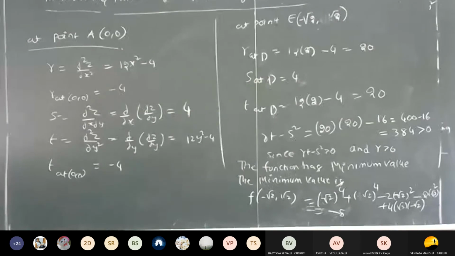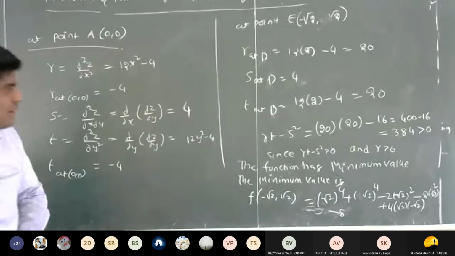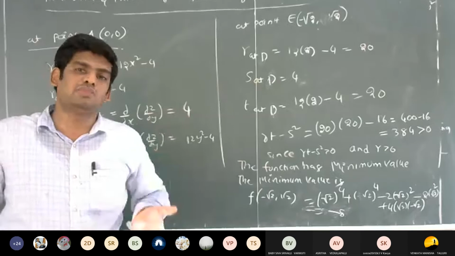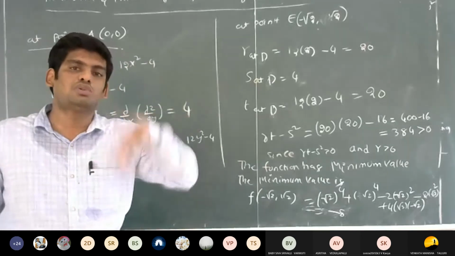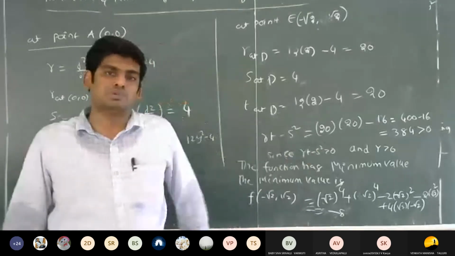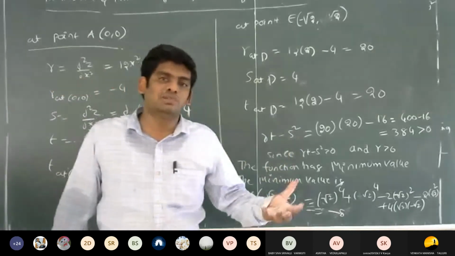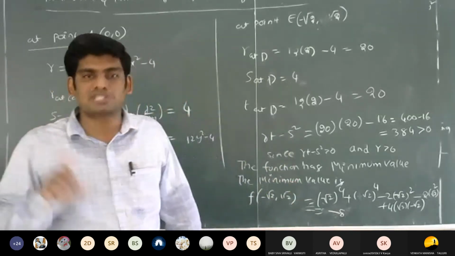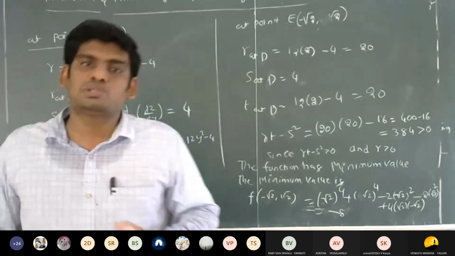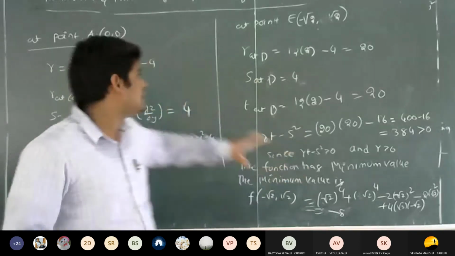So this is the problem related to the maxima and minima for a function of two variables. Suppose the problem is given in three variables, so what do we have to do? Actually we have the process in two variables. So what about three variables? If the problem is given in three variables, there we must have a constraint. So in the case of three variables, you may follow the Lagrange's multipliers method, or you can follow this method.